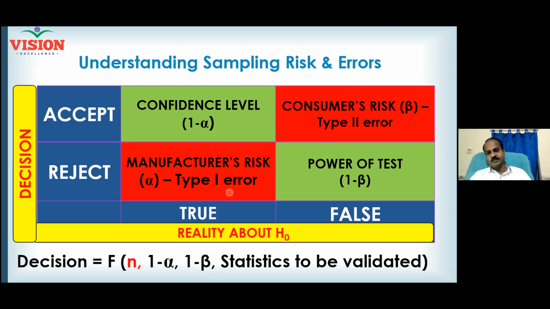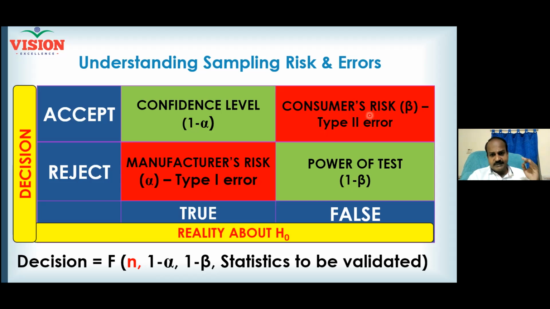Clear? Right. And then the other thing can happen. Your quality checkers can pass the lot, but the product can be worse. Because they did a sample and the sample demonstrated something, and then they passed the lot. But lots of customer complaints are coming to your factory. Now who is put under trouble? Consumers. Your customer is now suffering. So that is called a consumer risk.